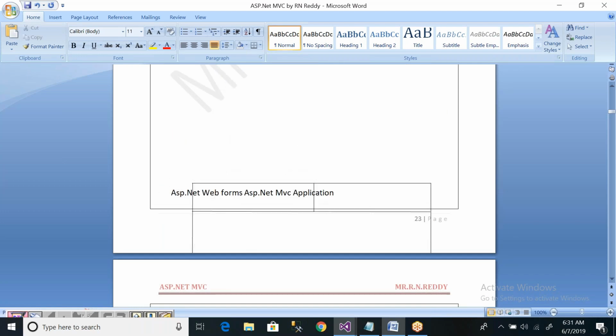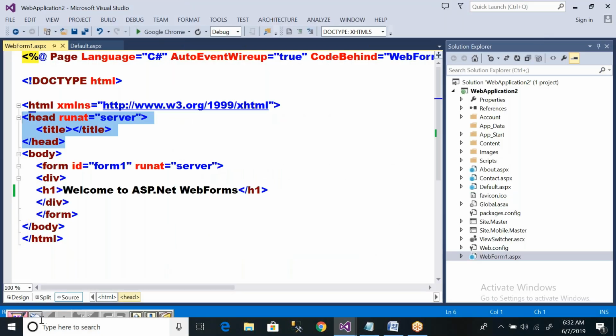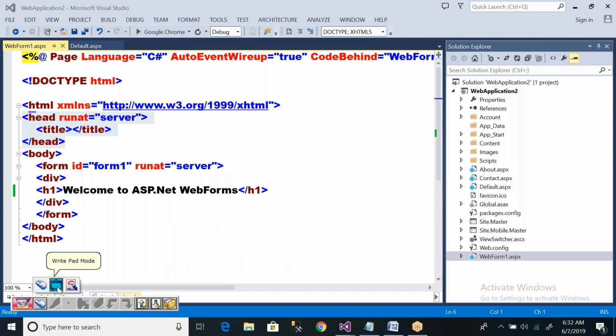Now let me draw the .NET framework diagram with the ASP.NET MVC environment on my screen, so that whenever anybody asks you to draw the ASP.NET MVC framework diagram, you can simply draw the .NET framework diagram.